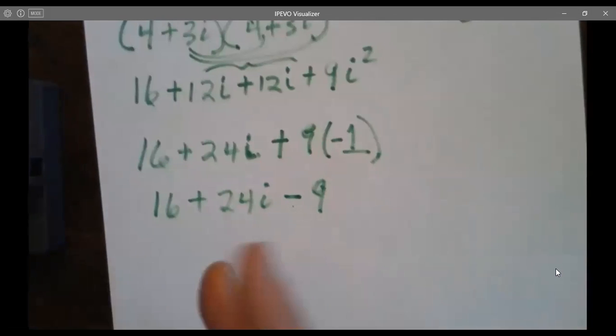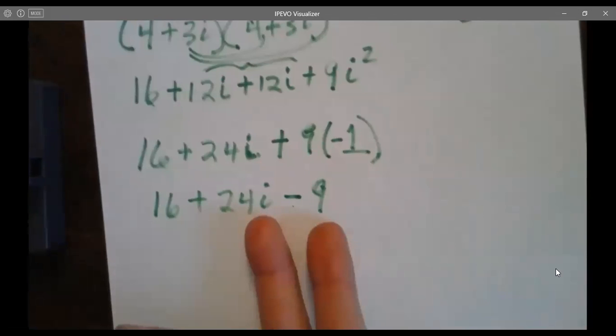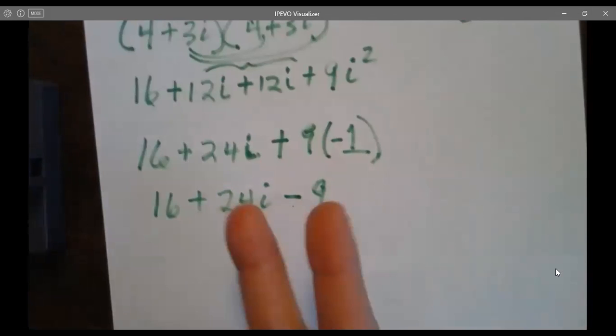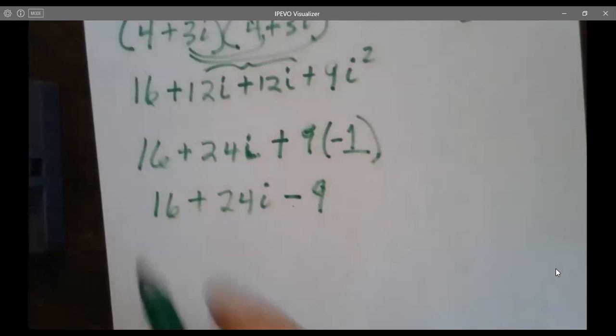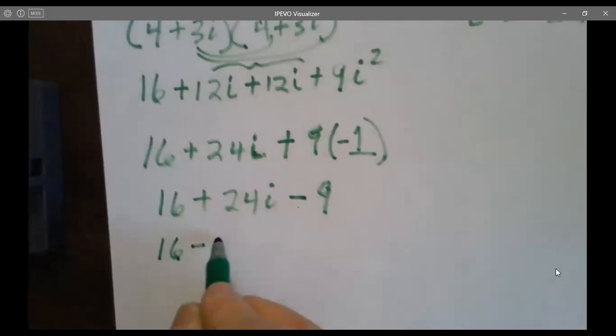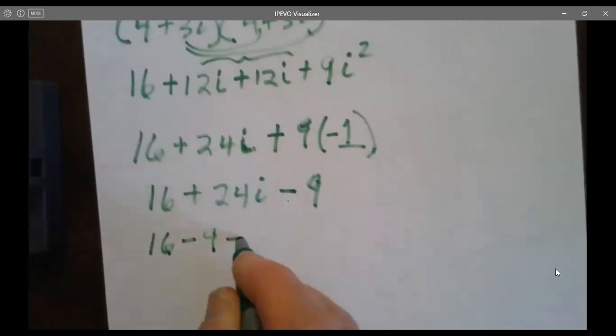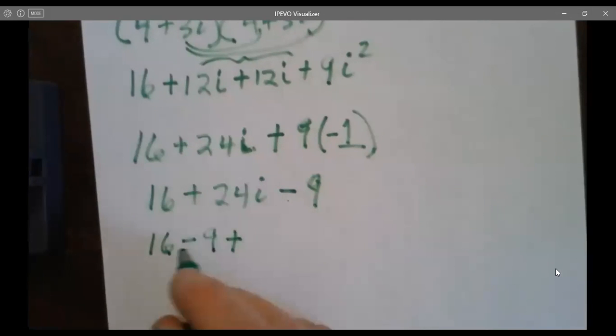Well, now what do we do? Well, we switch places. We want to get the real numbers together. We switch places with the real and imaginary numbers. So now this would be 16 minus 9. Again, we didn't add or subtract anything yet. All we did was switch places. 16 minus 9 plus